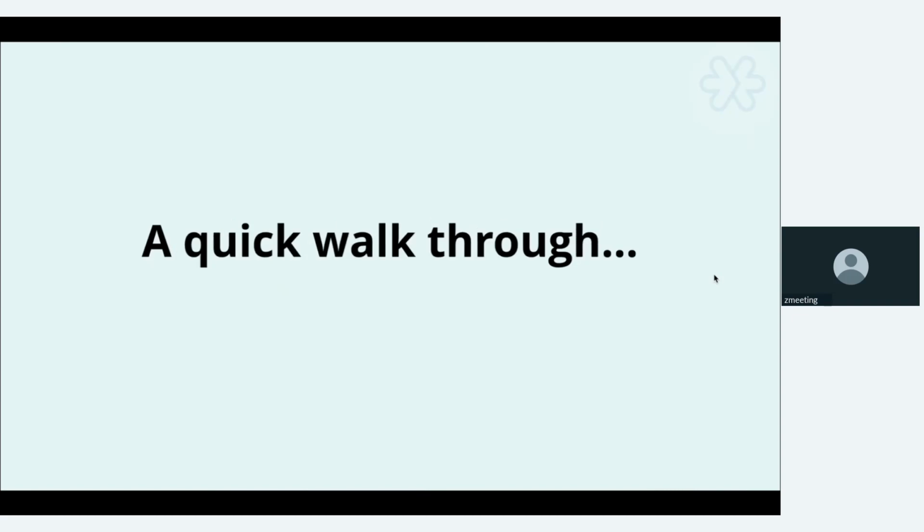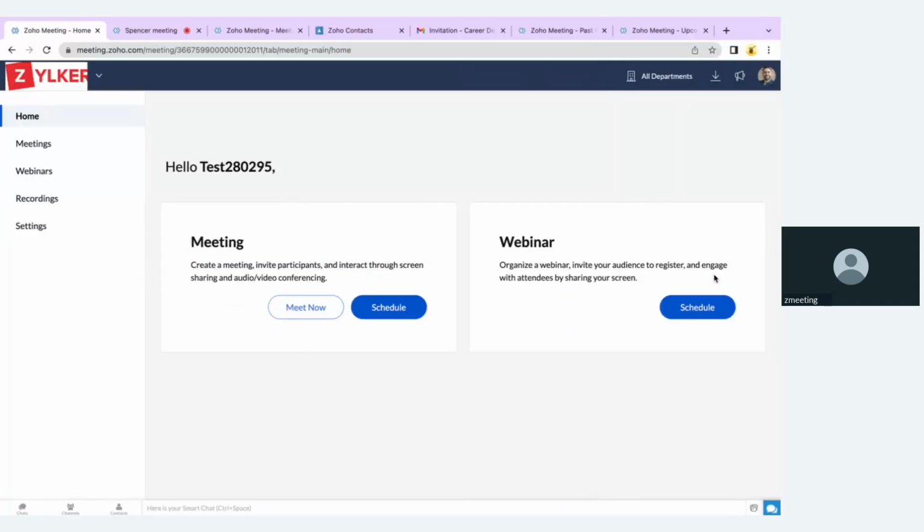Now that we have understood how Zoho Meeting can be used as your video conferencing tool, we are going to see the overview of Zoho Meeting. Here comes the home screen of Zoho Meeting. To schedule a meeting, you can log on to meeting.zoho.com from your browser or from your desktop application. On the home page, you can see the Meet Now and Schedule buttons to get quick access to your online meetings. And whenever quick decisions are needed, you can just conduct an instant meeting from anywhere using the